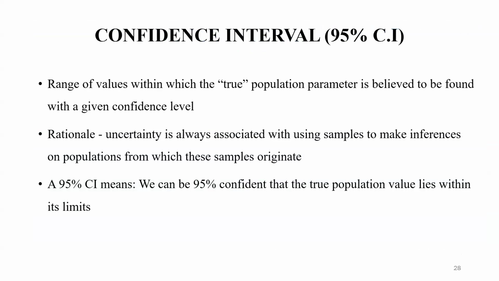If it is in such scenario, what does this 95% confidence interval mean? So 95% confidence interval means that 95% times our population measure will lie in these two